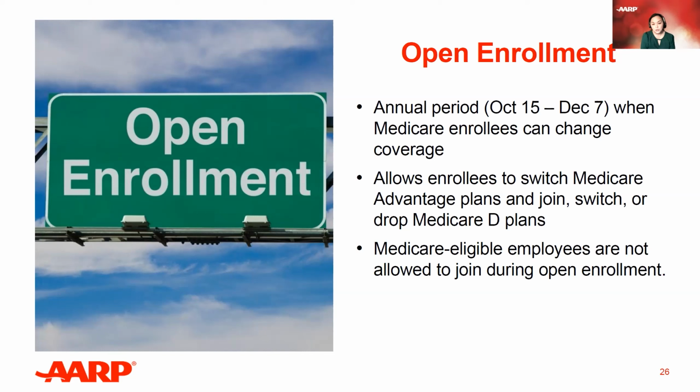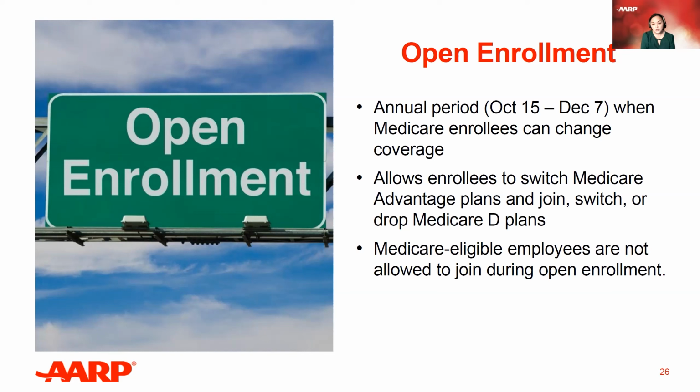So let's talk about penalties. These are the penalties that we want to avoid. For Part A, Part A is hospital insurance, there's an up to 10% increase for monthly premiums for twice the number of years not signed up. For Part B, there's a 10% increase for monthly premiums for every 12-month period not signed up. The penalty will stick for as long as you have Part B coverage. And that can add up to a lot.